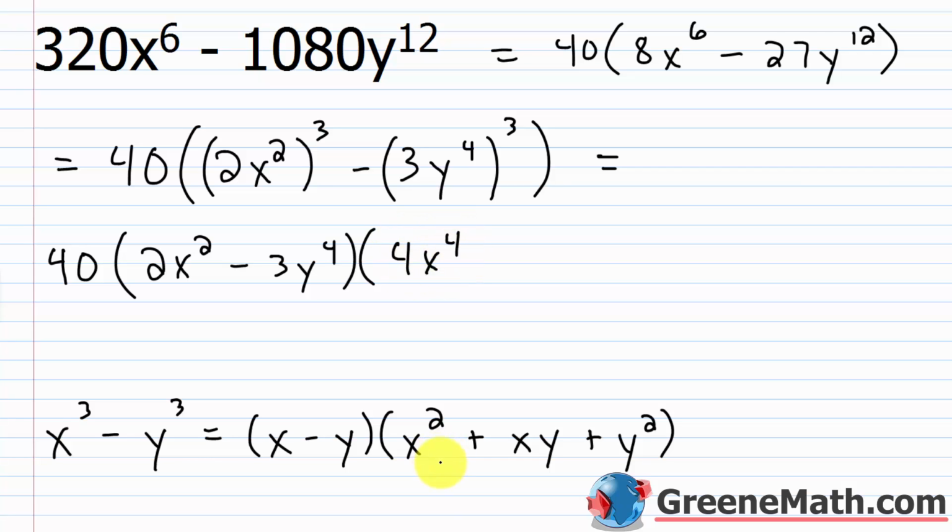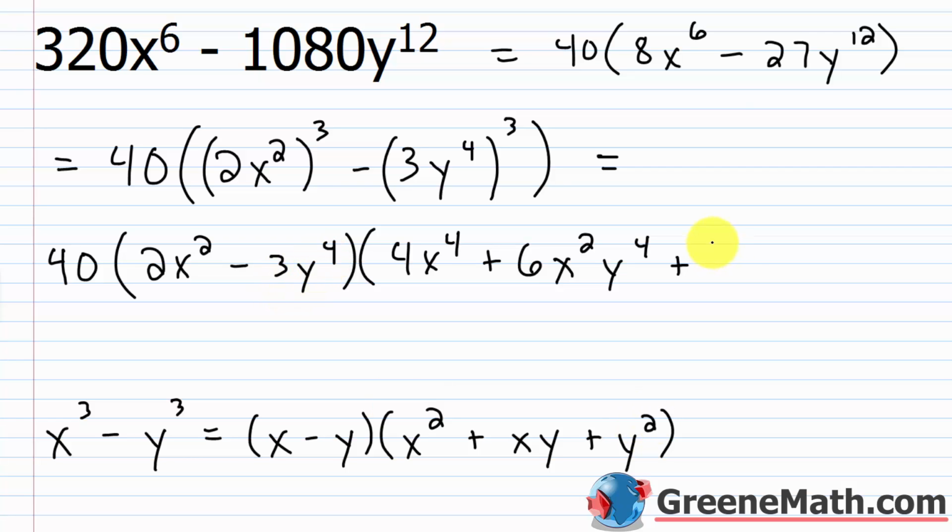Then we're going to have plus xy. So that corresponds to what's being cubed times what's being cubed. So 2x squared times 3y to the 4th power. 2 times 3 is 6. And then x squared times y to the 4th power. Okay. And lastly, we have plus whatever's being cubed last, which is 3y to the 4th power, is going to